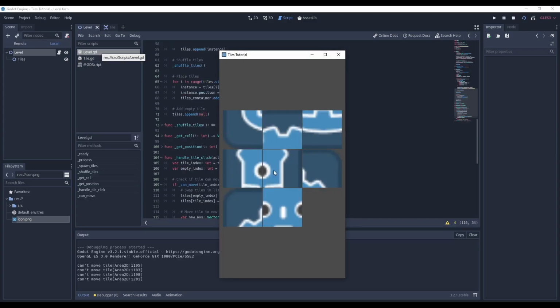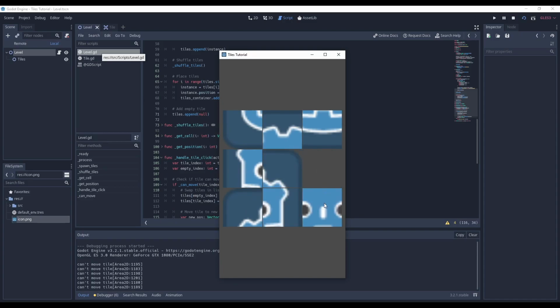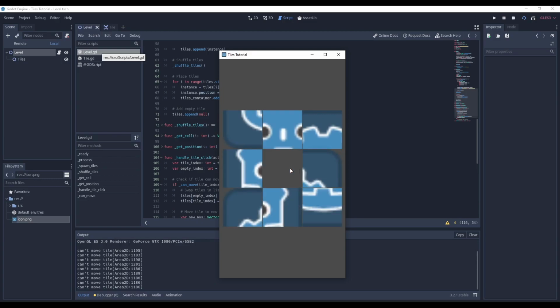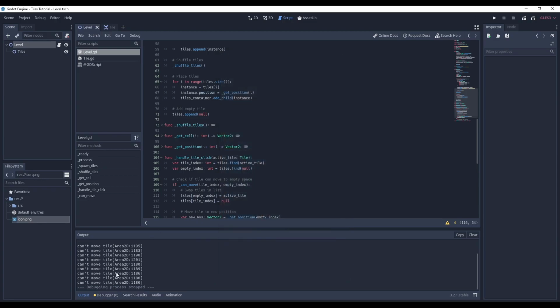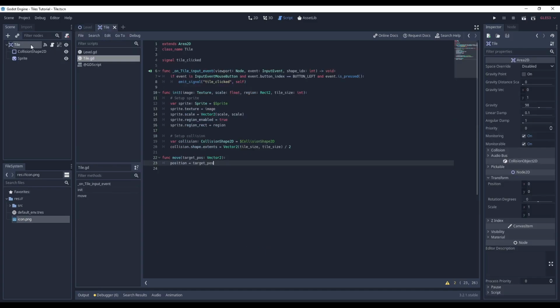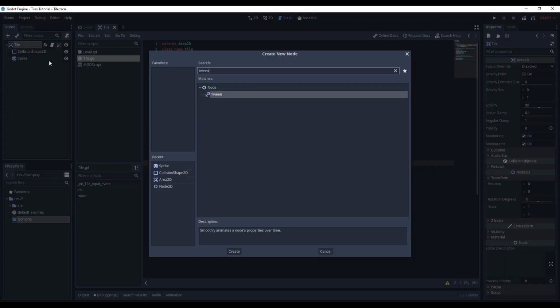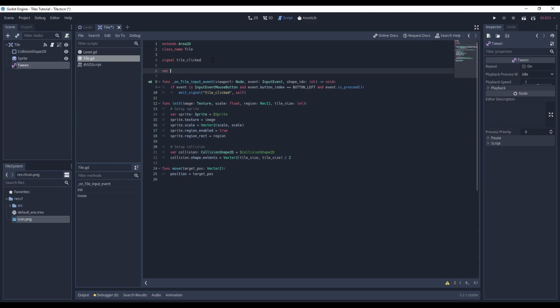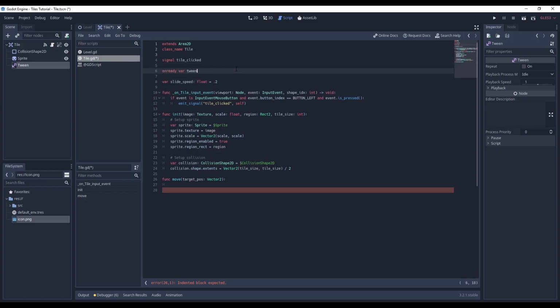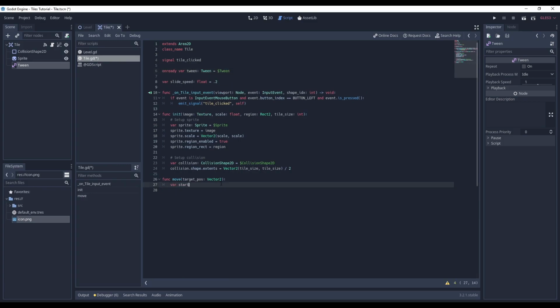Now I can only click tiles that are adjacent to the null tile and they will be moved instantly to the new position. And because that's not pretty, I will use a tween to add smooth tile movement. For that, I need to determine the tile movement speed, and a reference to the tween node. And then I can store the start position,